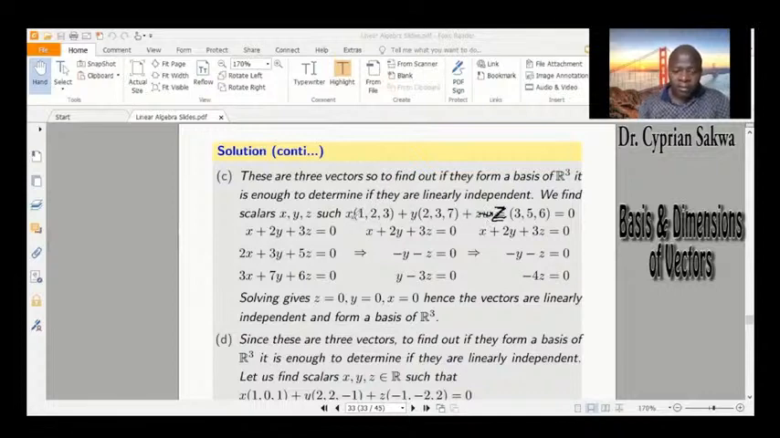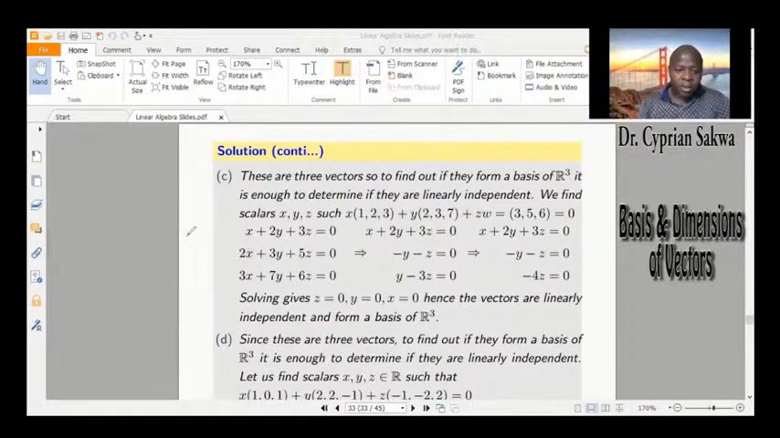So let's just multiply very fast because we already know how to do this. This will be x plus 2y plus 3z equals 0, giving our first equation. The second equation will be 2x plus 3y plus 5z equals 0. The third equation will give us 3x plus 7y plus 6z equals 0. So you have this system of linear equations which we reduce to echelon form, and we know how to do that. I would want a 0 in this position and a 0 in this position, and to achieve that, I would take